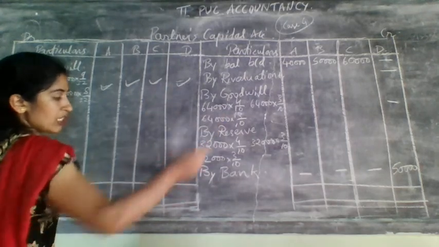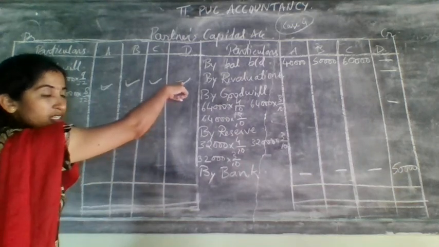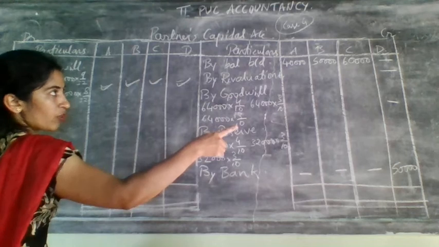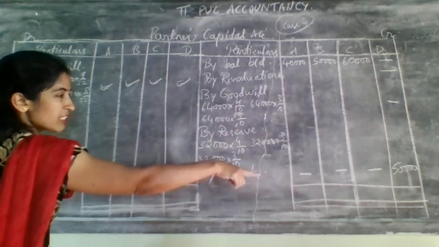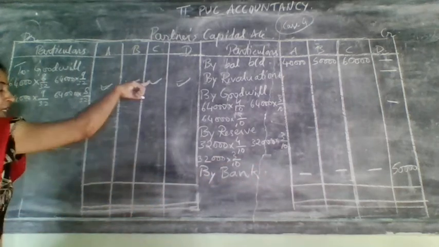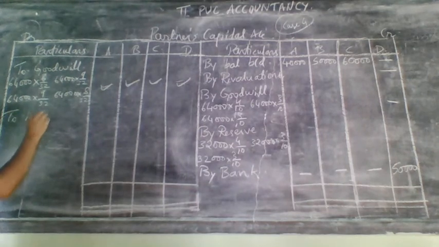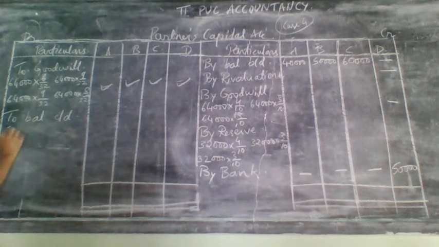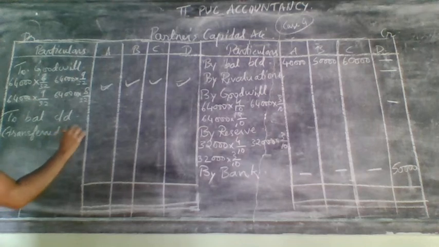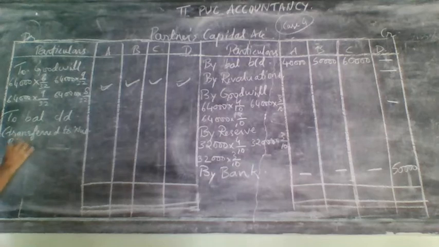For example, for C it will come 50,000 there, and you will write 50,000 minus this amount and then write here. And for C it will come so much because he is having another adjustment. Write it here from this minus this, and write the difference amount as balance carried down and transfer to new balance sheet.